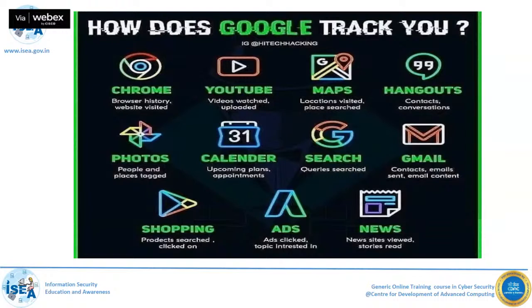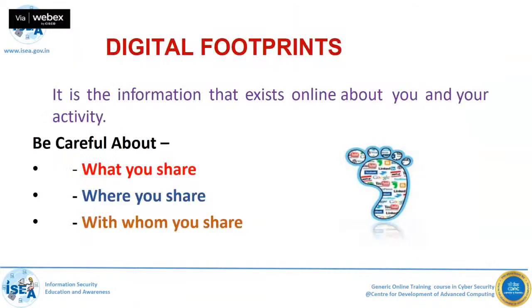All right. So these people are collecting this information without your knowledge. Unless you follow good cyber hygiene practices in terms of disabling those permissions, there is always a chance that people can see what you are doing, right? So these are all called digital footprint. When you are on the internet, whether you do any activity or not, your activity is recorded.